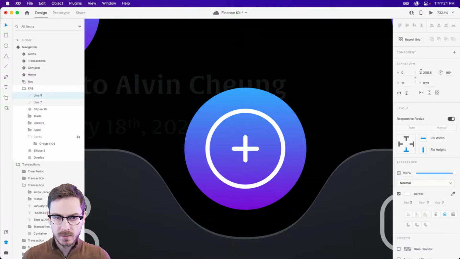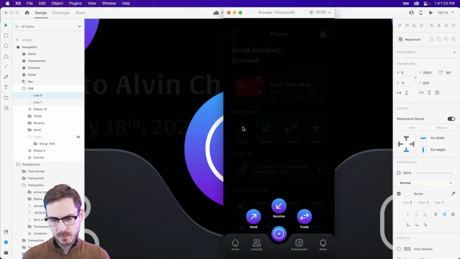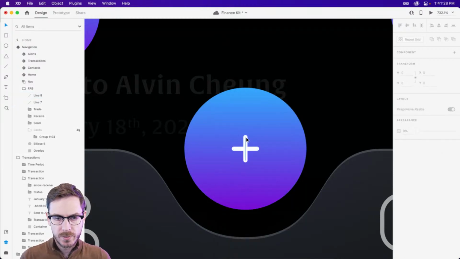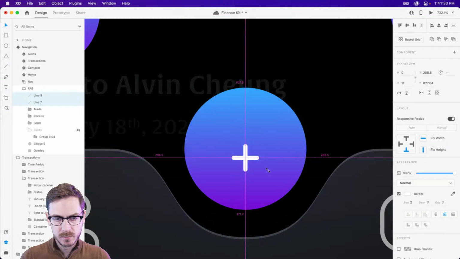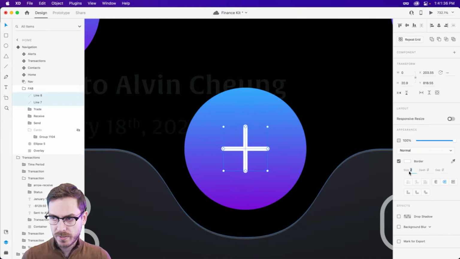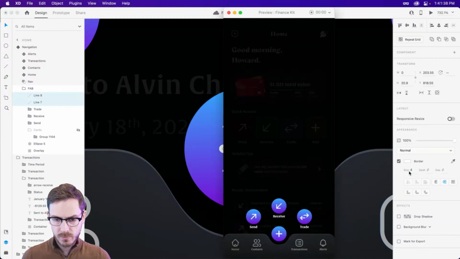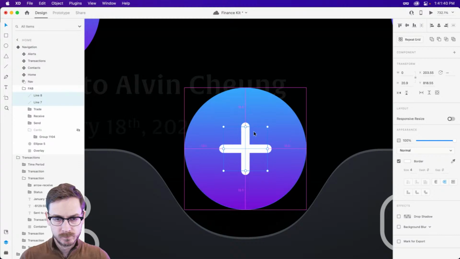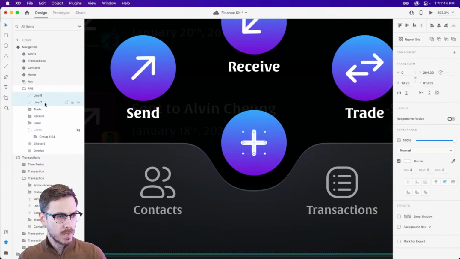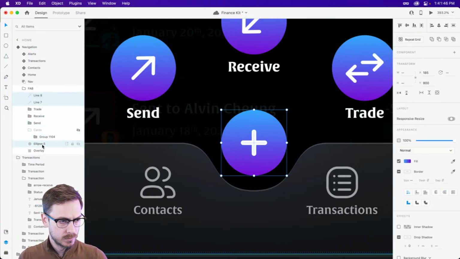Duplicate, rotate 90 degrees. And do we even need that border? We may not. I think a larger plus button that is a little bit thicker could do the trick. All right, so we have our